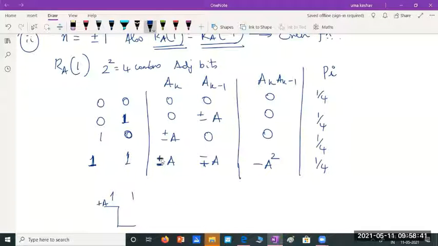Please see here, we are not adding, it is just the product. So if I have plus A here, I will have minus A here. If I have minus A here, I will have plus A here. So what will happen when I multiply? Plus A into minus A, if I multiply, I'll get minus A square. Or if I multiply in this case also, it can be either this or that. So in either case, you're going to get minus A square. So try to find this.